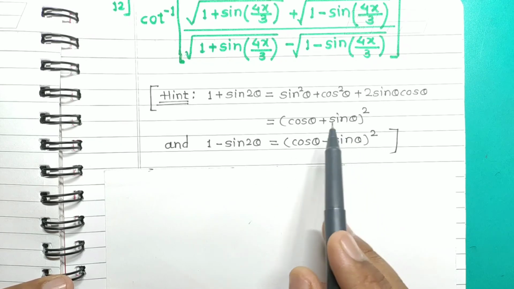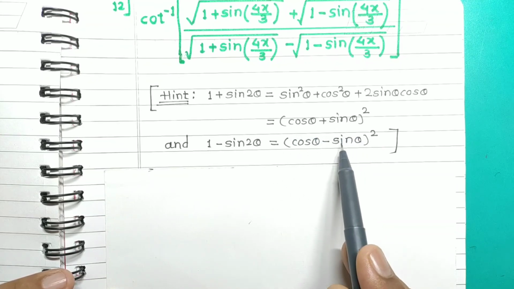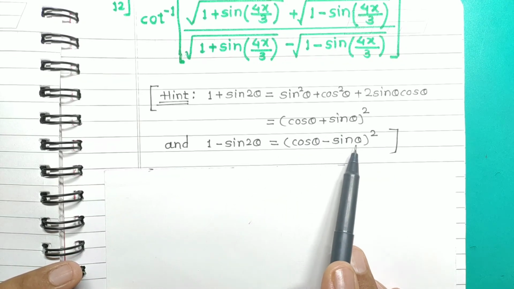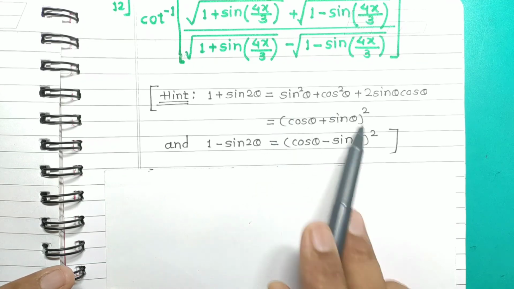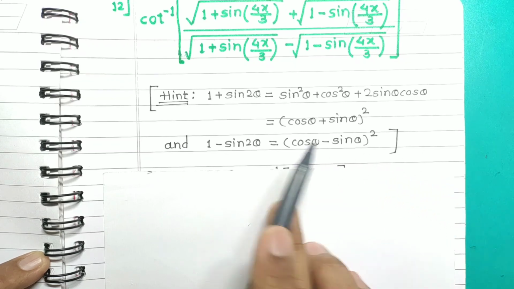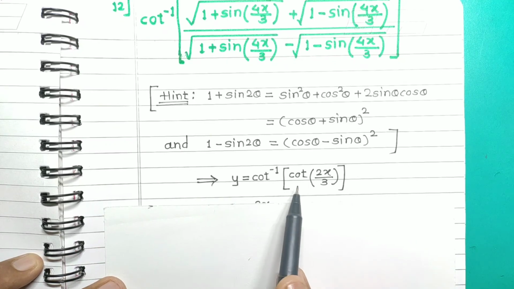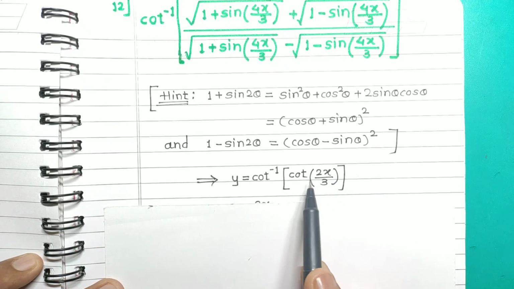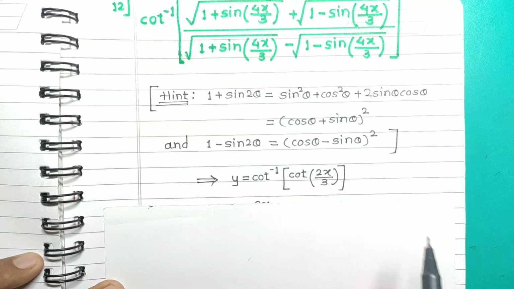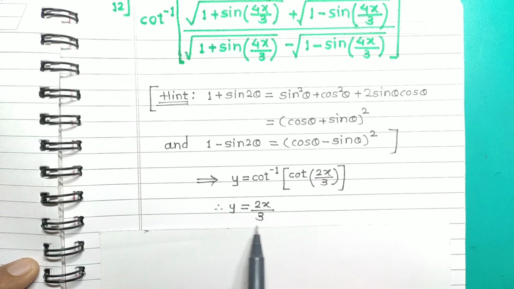You do it on your own like that and see the difference by taking these terms cos plus sine, cos minus sine, what we get, and by taking sine plus cos and sine minus cos, what we get. Okay, you work on this and simplify this function using this hint, and by using this trigonometry you will reach the step cot inverse of cot of 2x by 3. Okay, on simplifying using trigonometry we will reach this step, and again using the property of cot inverse of cot you can get a simple function.